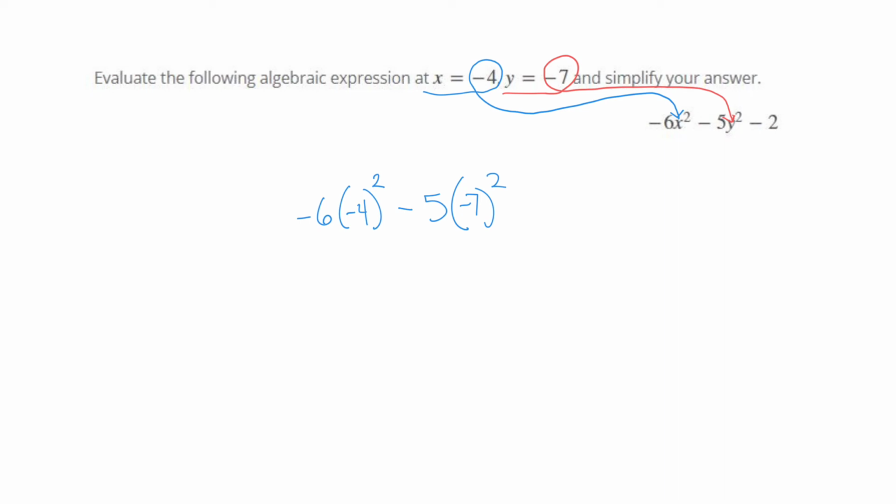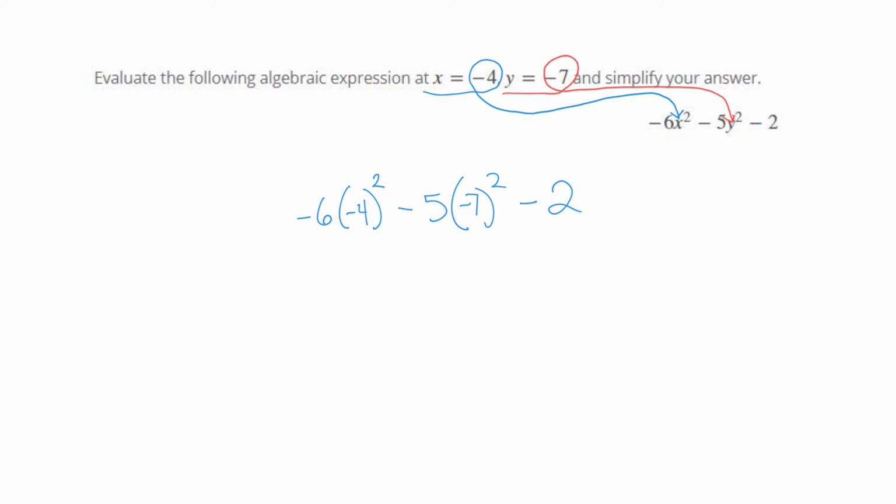And then the next term is just a number. I don't have to do any plugging in of values. I'm just going to put -2. Now, you have to remember your order of operations from a previous lesson. I have some multiplication, I have some subtraction, I have an exponent, and your order of operations tells you to